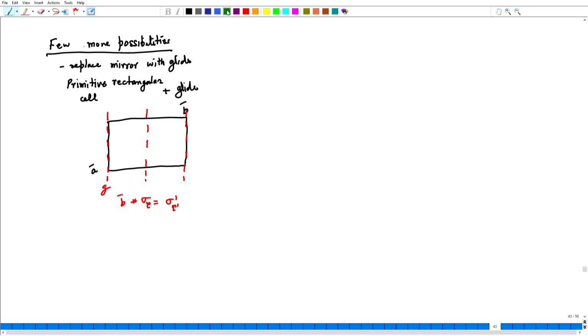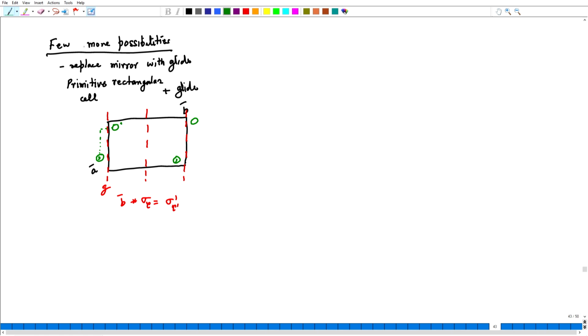If I put, let us say, a right handed motif, the glide would reflect it and then go through a glide translation of tau, and the motif would come here and it will become left handed. The translations will take these two motifs out here and out here.